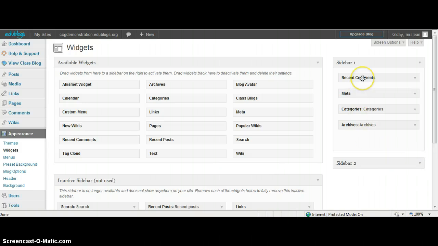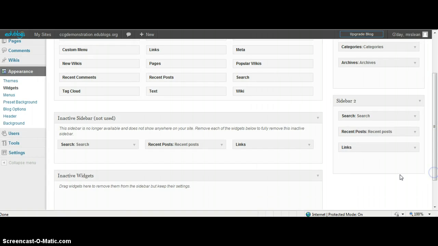Recent comments, that's a decent thing to have there. Easy to find, things that people have said about your blog. And categories, we'll talk about them at a later time, but it's another way of organising the information on your blog. And if we go now to sidebar 2, you will have noticed that actually central on the top of your blog,